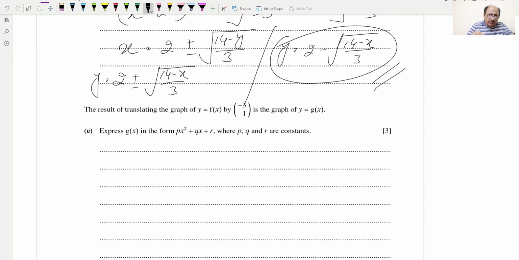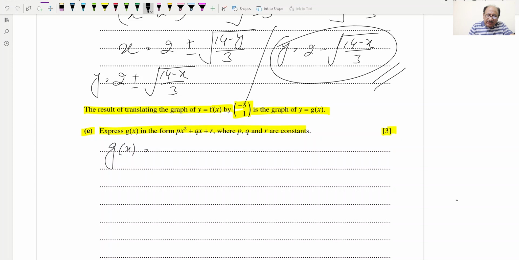And next is part E. We are given the result of translating the graph of y is equal to f of x by this translation, which gives the graph of y is equal to g of x. Express g of x in the form given, where p, q, r are constants. This is a 3-mark question. So g of x is what? g of x is given, which is